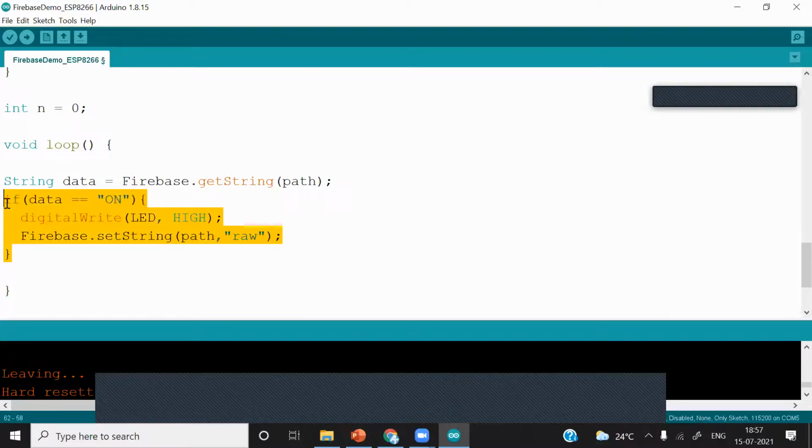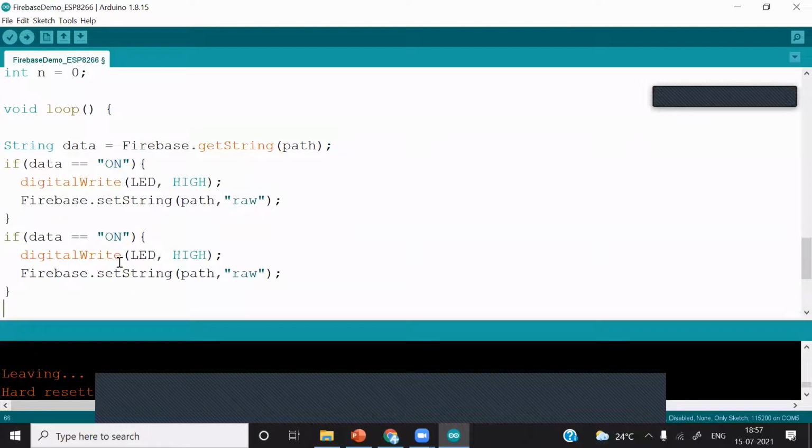I will just copy this and I will just paste it. And instead of if, I will use else. If not this condition, then check for this condition. We'll go for off.